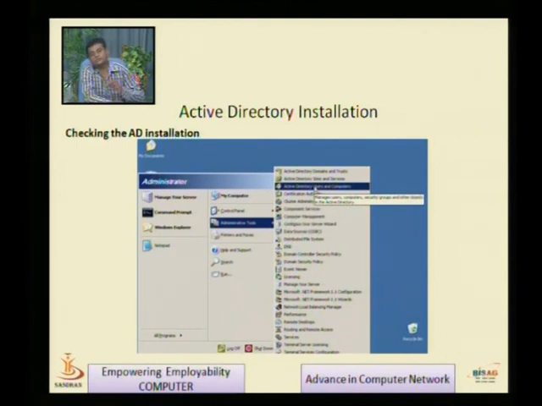If you don't want to install Active Directory by DC promo, you can go to Manage Your Server. Look at this, my mouse pointer, Manage Your Server. You click on it and you will find Active Directory installation in a GUI mode. But DC promo is one of the easiest and fastest ways to install Active Directory. And here we find this Active Directory Users and Computers. Once you click on it, it displays the database of your domain. Inside the domain, a number of computers and users that are predefined and already created in the server will be displayed.